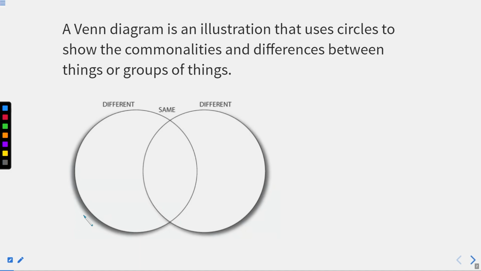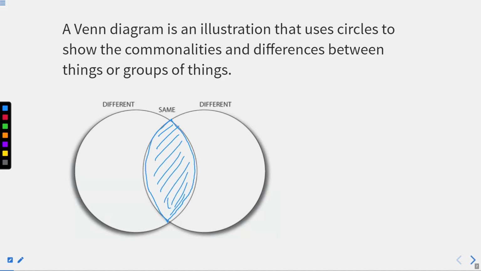A Venn diagram is an illustration that uses circles to show the commonalities and differences, or we can say the similarities and the differences, between things or groups of things, right? Here you can see a diagram where there is a common part in both the circles. I have marked this part as well. This is the common part. This shows that